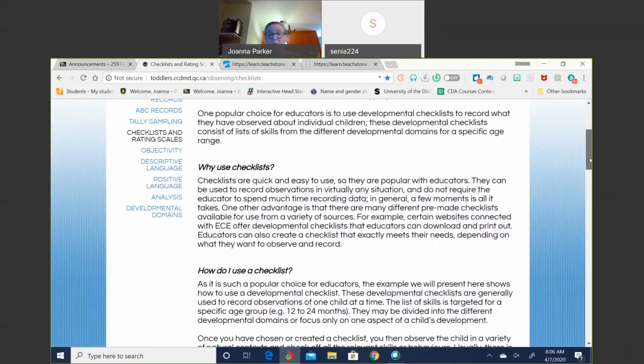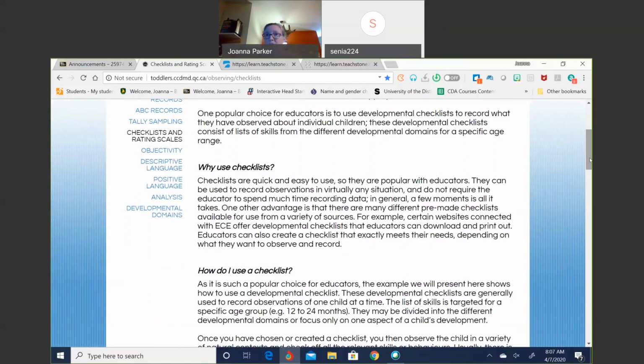There's also some information around why we would use a checklist, and really a checklist is a simple way to get a snapshot around what children know and are able to do. Oftentimes we will use a checklist or a rating scale